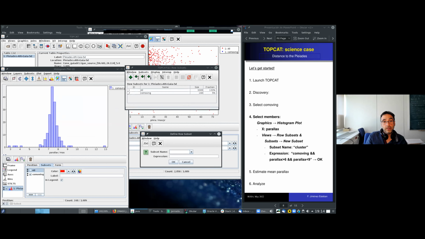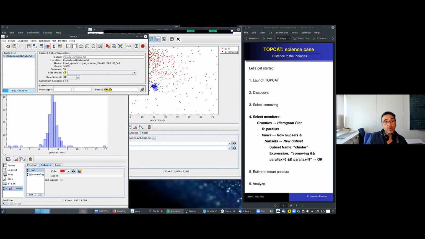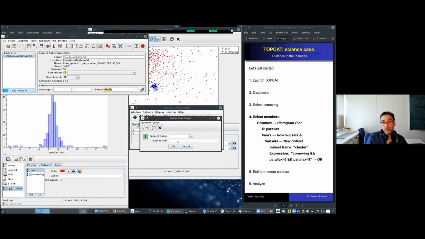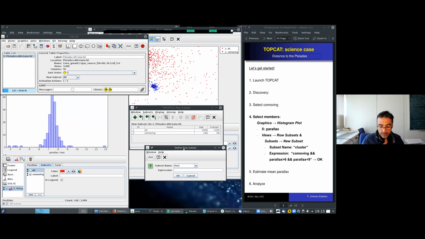So I will repeat this because I have gone very fast. Here in the main window, we click on the subset button, and we click on the plus symbol to create a new subset. Let's name the subset cluster, and it will contain the sources in the comoving subset, and only those which have parallax larger than 6